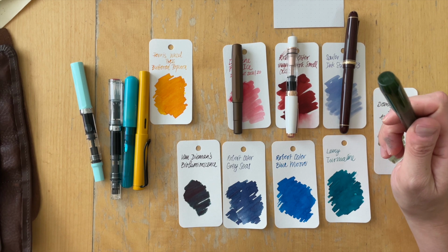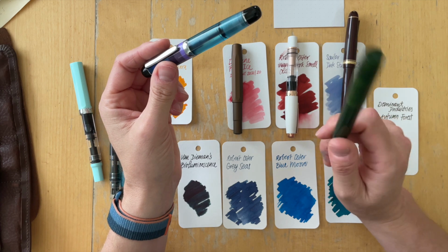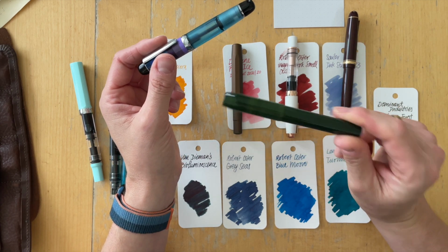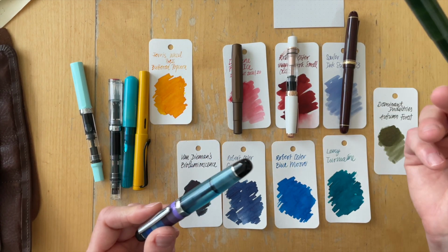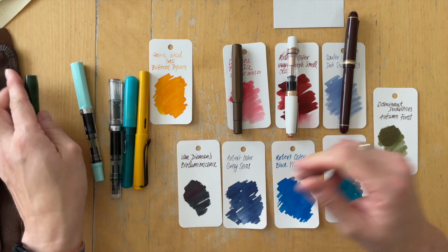the Opus 88, but I wanted to use it in a different pen. So I decided to keep using this one, but just use the broad nib from this. So see how that works. Okay, so